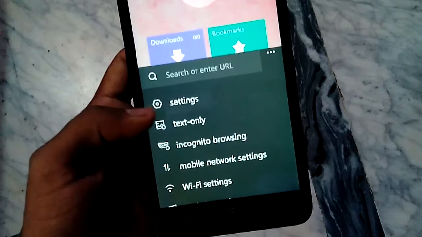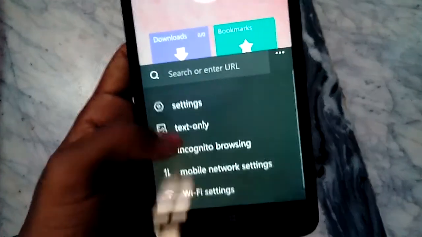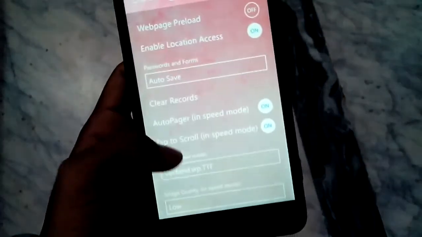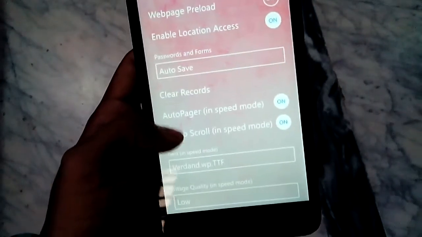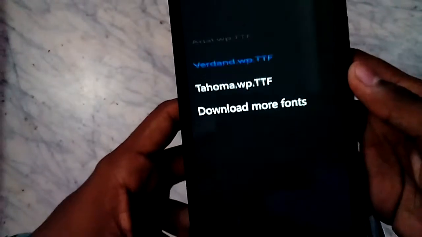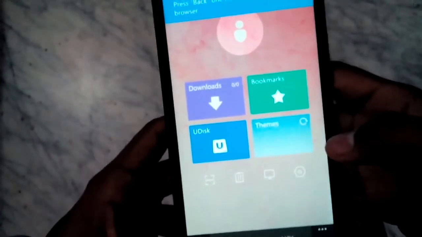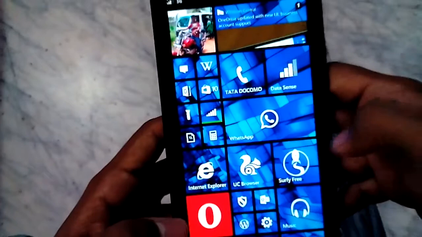And we can find text only, incognito browsing, mobile network settings, and other settings here. And in settings we have many kinds of settings, and we can easily change the font as per our requirements while browsing the internet. So this is about UC browser.